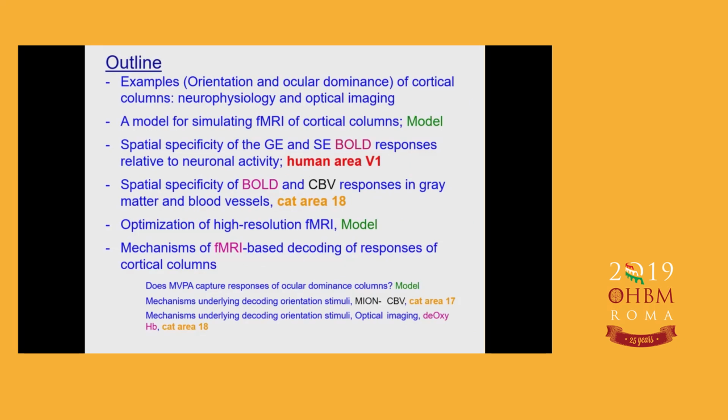Outline: I will give two examples of cortical columns, orientation and ocular dominance, and how we measure them with neurophysiology and optical imaging, and a model for simulating fMRI of cortical columns. I'll speak about spatial specificity of the gradient echo and spin echo BOLD responses relative to neuronal activity with data from human area V1, and spatial specificity of BOLD and cerebral blood volume responses in gray matter and blood vessels with